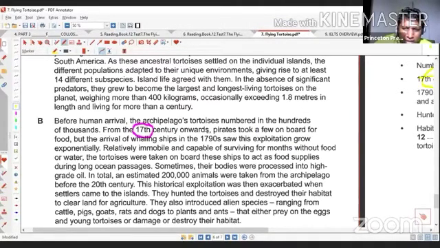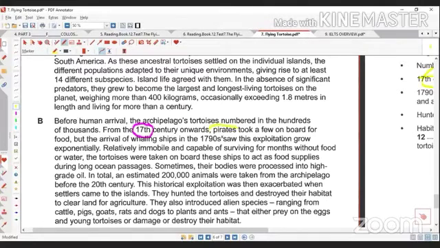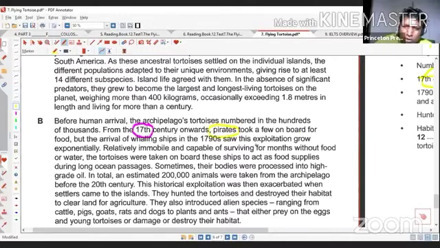So onwards, here, pirates. Pirates took a few on board for food. On board means on ships. But the arrival of whaling ships in 19. So we are done with that. Let's move on to the next one. Okay, now